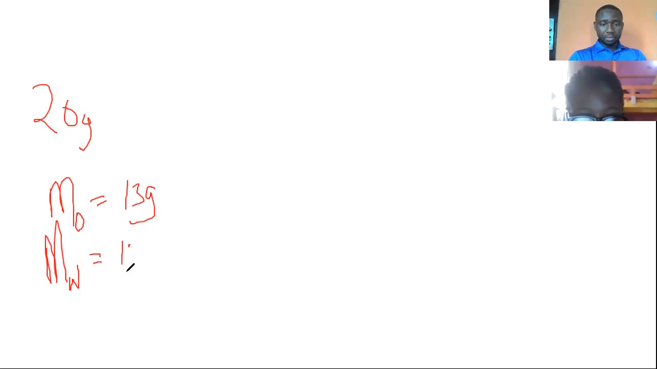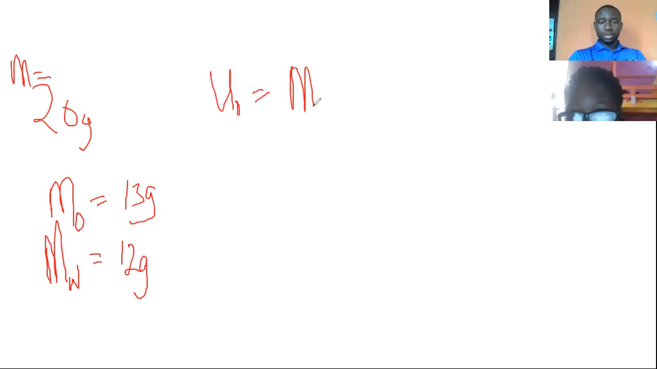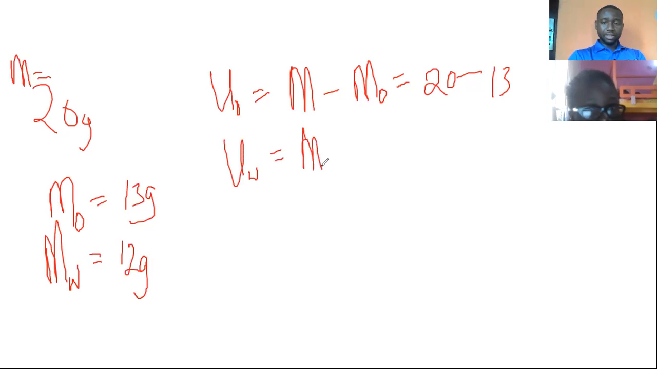12 grams, right? Yes. Now, this is the mass of the substance. Now, the upthrust of oil will be equal to this minus the mass of oil, that's 20 minus 13, and then the upthrust of the substance in water will be